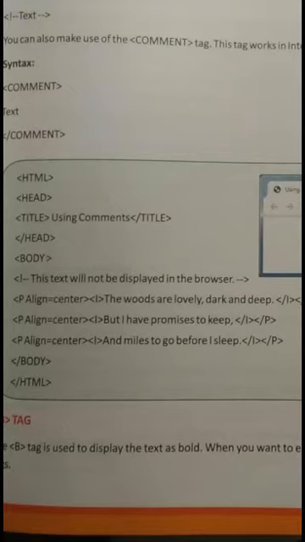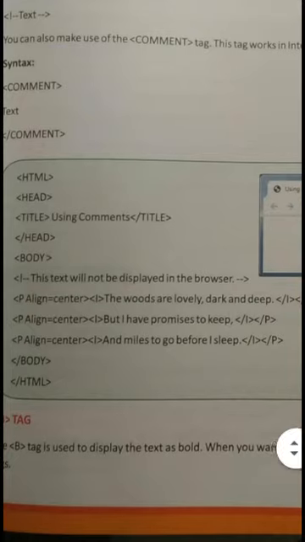Suppose you want to write this text as italic. Italic means cursive writing. Then you can use the italic tag, I tag, I opening and I closing. Whatever text you write in between will be displayed in cursive writing in the italic form. You can have a look here.